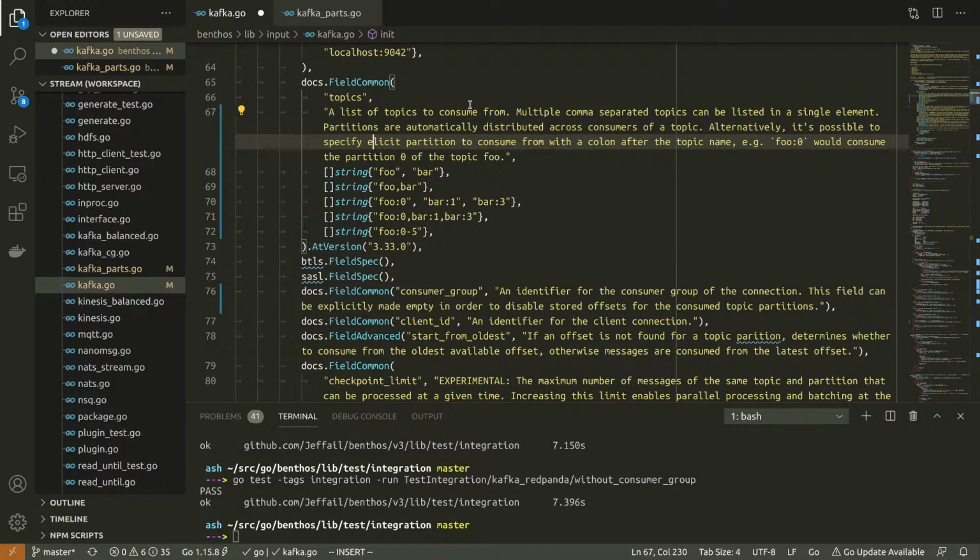Specify explicit partitions to consume from with a colon after the topic name, e.g. foo:0 would consume the partition 0 of the topic foo. This syntax supports ranges.